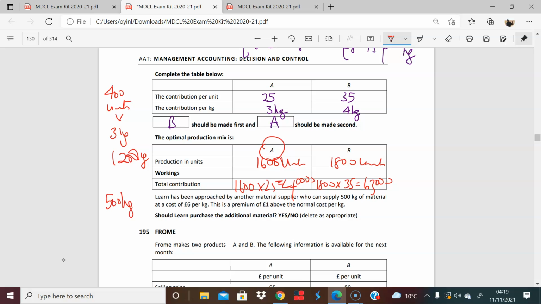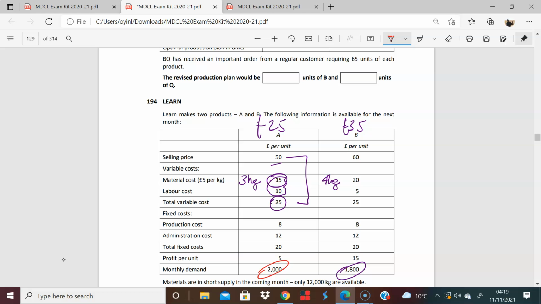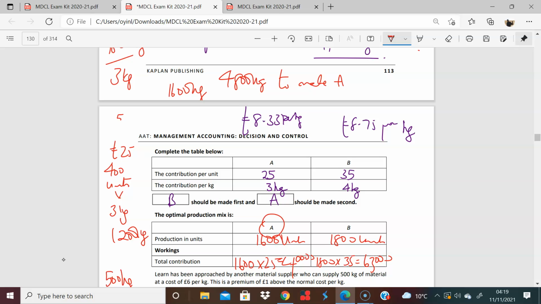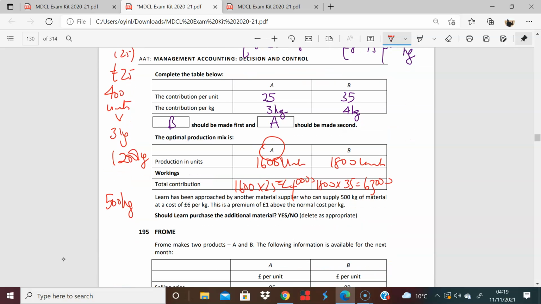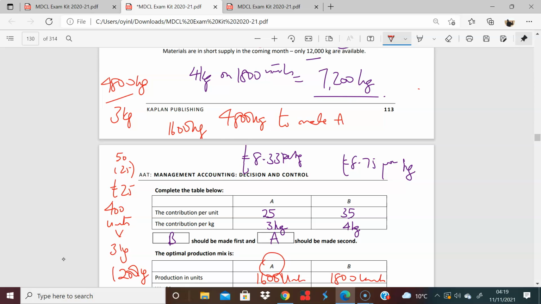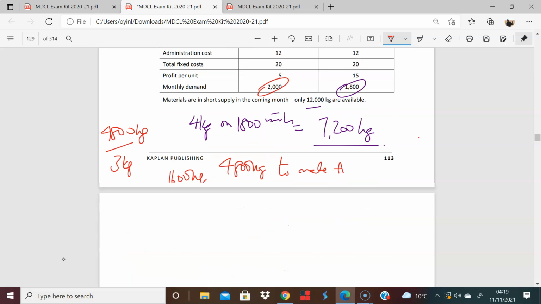Now here's the thing: on every single unit that we make right now, we're making a contribution of 25 pounds, and that's because this is our current system. We currently have a system of 50 minus 25. Now, we have the opportunity to buy some more material, but instead of it being £5 a kilogram, it's going to be £6 a kilogram. And technically, if I just changed for these extra units, £6 per kilogram, and I need three,